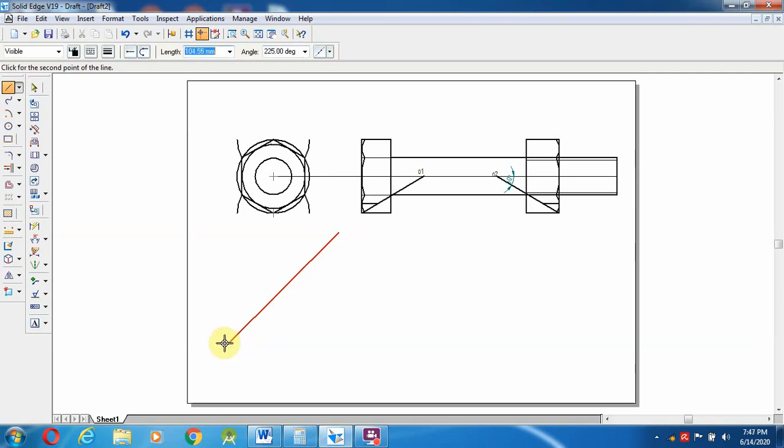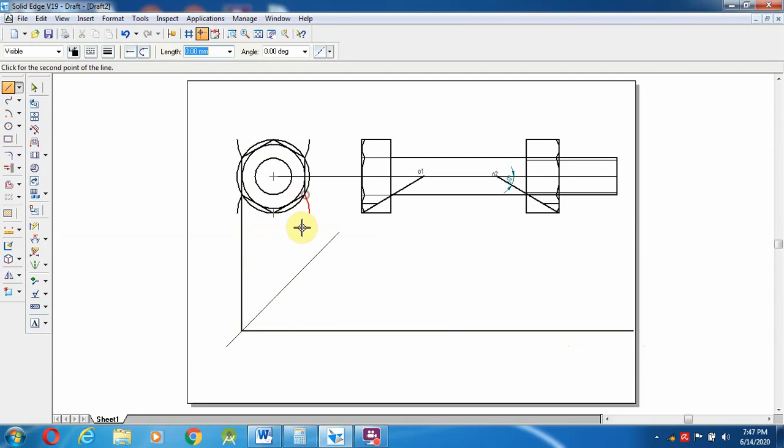So 225 degrees I am going to draw, somewhere I am going to extend. Then select a line, here you can go with a 0.13 mm line, then select the line option, from the end of the hexagonal line, going to make a line wherever it touches the 45-degree line, there I am going to cut.